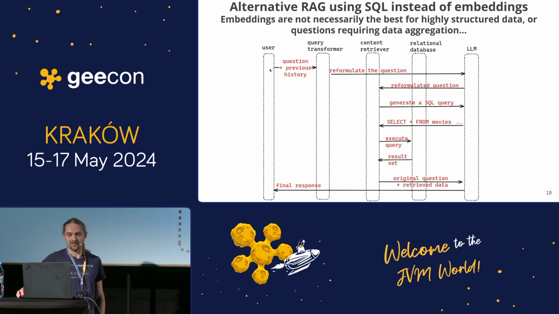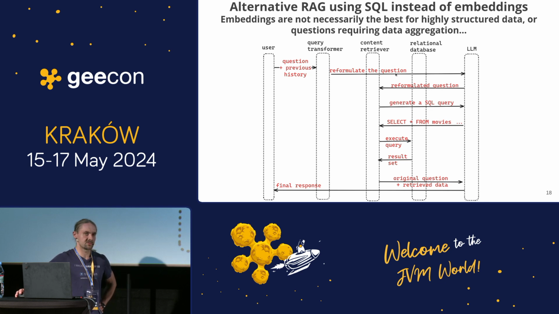So how does it work? Let's start from the top and go to the bottom. The user sends a question, and together with the previous history, the previous chat memory, we give that to a query transformer to reformulate the question. Why do we do this? It might not be completely necessary, but for example,